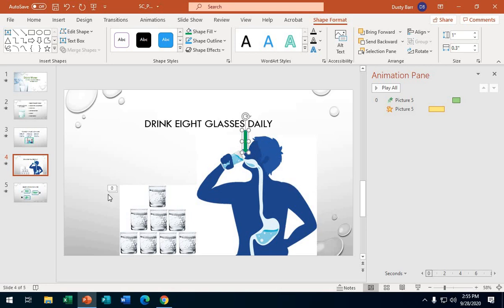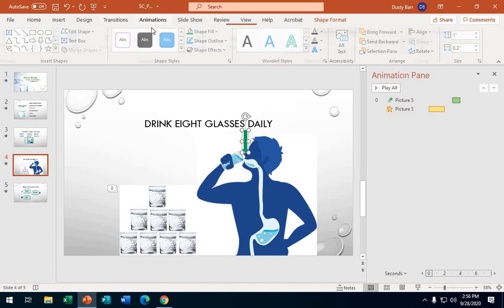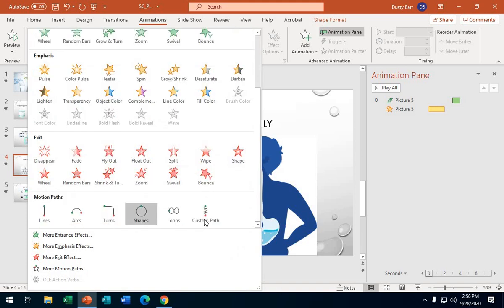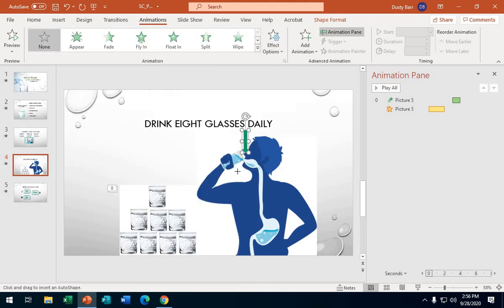Okay, the next step we're going to do is we're going to add some animation, and what we're basically going to animate is this would be where you would describe the path of what water does. So we go to our animations and we're going to go down, and there should be one that says custom path, and once you do the custom path you need to go to your effects options, and they say S curve,